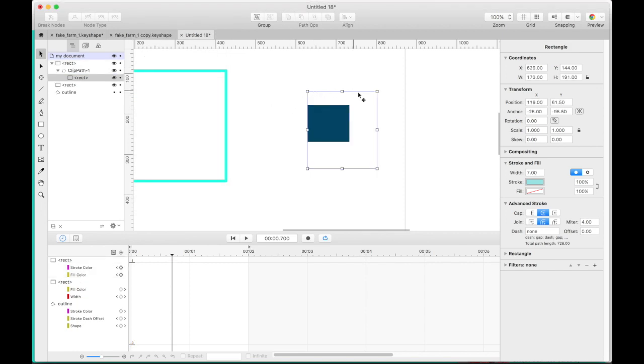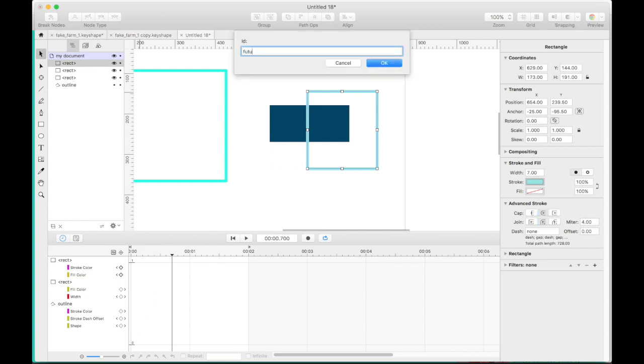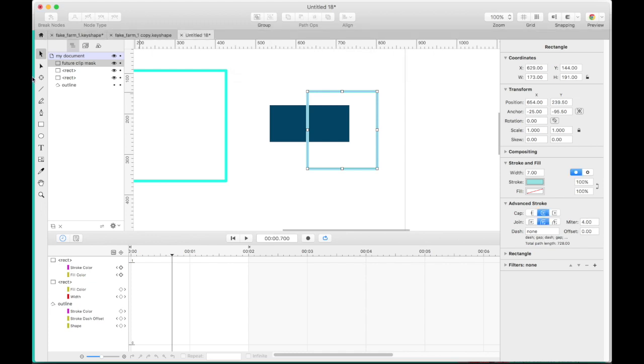And now also the stroke disappeared, but you can't actually adjust the rectangle. I'm going to hit undo and then redo so you can see the path. Here's rectangle, clip path, and rectangle. So here's the original, and here is, I'll call it, future clip mask, and then here's the rectangle visible.